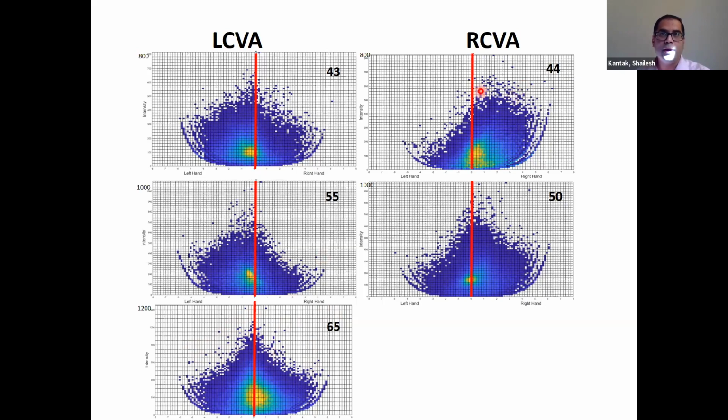For those with moderate paresis, like this one and this one, what we see is low peaks. Essentially, if you look, these scales are not uniform. So the magnitude of these accelerations is low, which means that those with low Fugl-Meyers have movements with lower amplitudes bilaterally, and that the upper extremity activity is more asymmetric, with lower contributions of the paretic arm compared to the non-paretic arm. Now, again, this is 5 participants, and it really does not allow us to make any conclusions about the level of impairment and arm use.